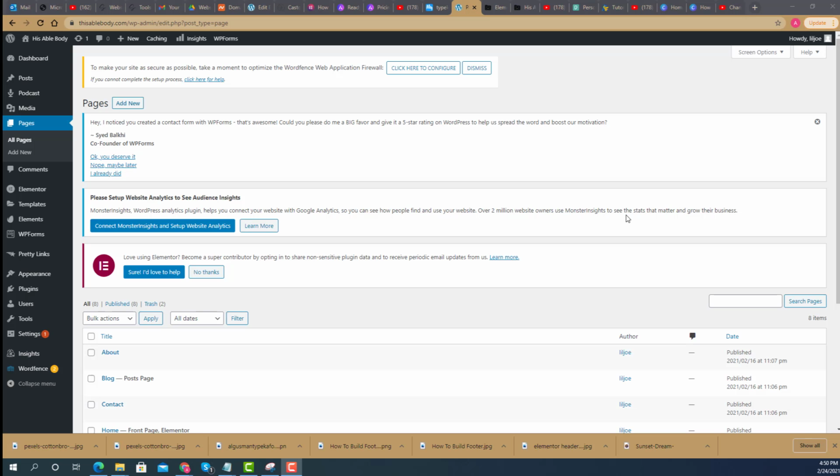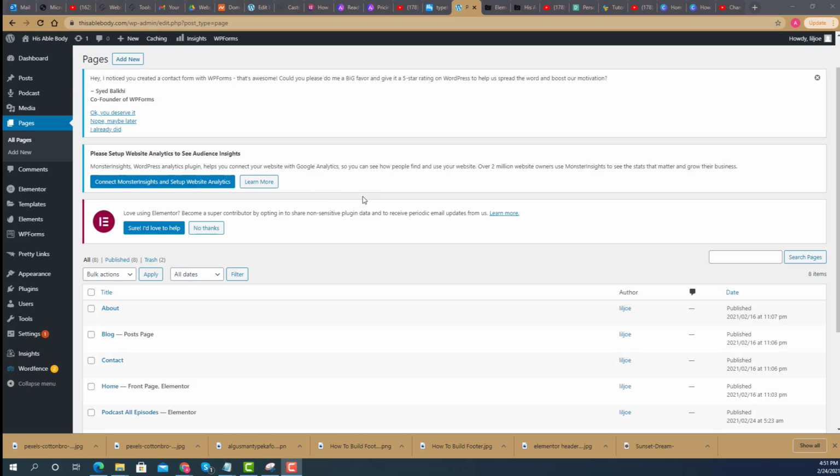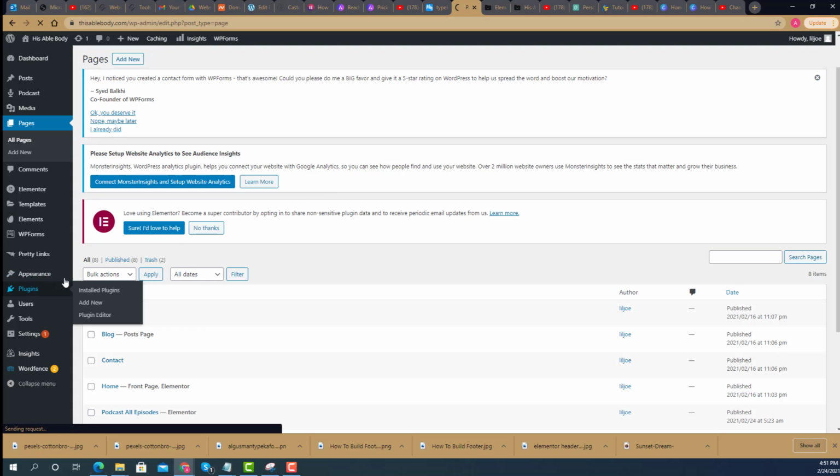Okay, so in this lesson, we're going to create a header from scratch using the Elementor footers and headers block plugin. That's a free plugin that you can add to Elementor, and we're actually using the free version of Elementor. We're not using Elementor Pro, so we don't have all of its full functionality, but just out of the box, it's pretty powerful. So we did have to add the plugin, and I'll show you what it's called and